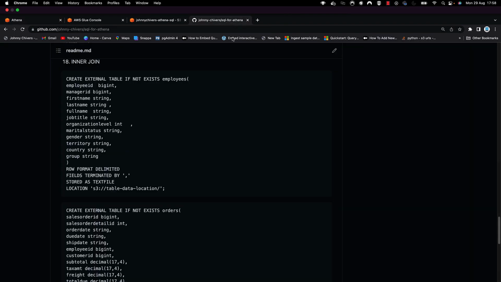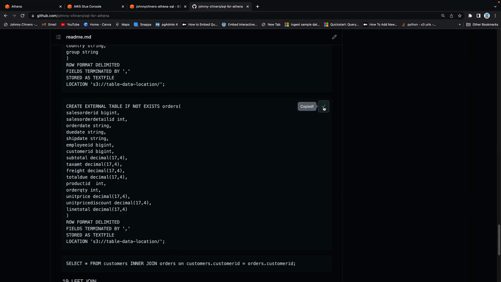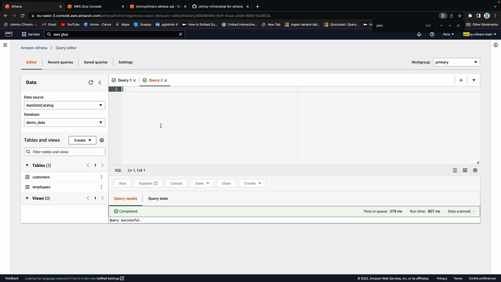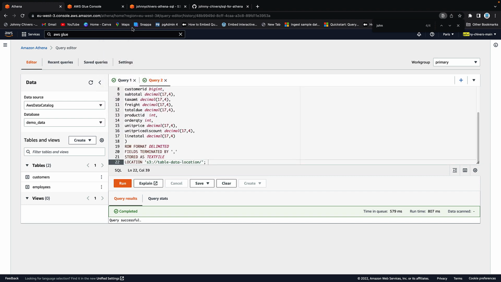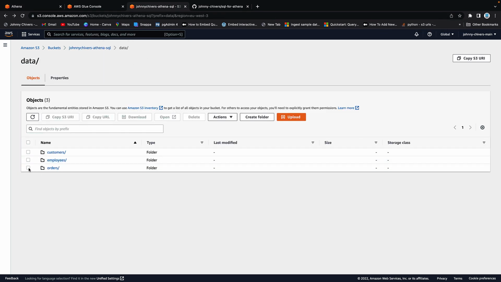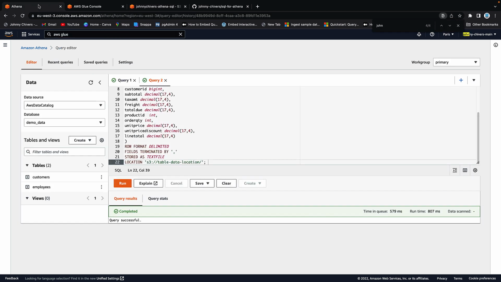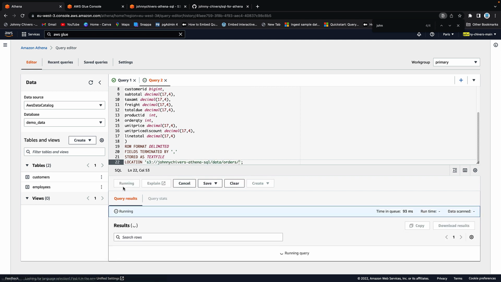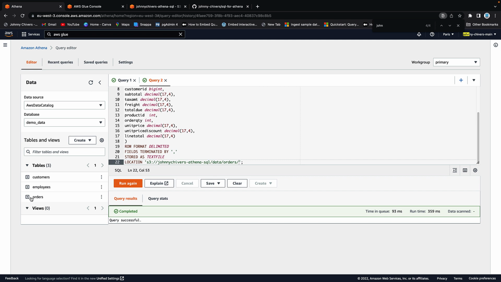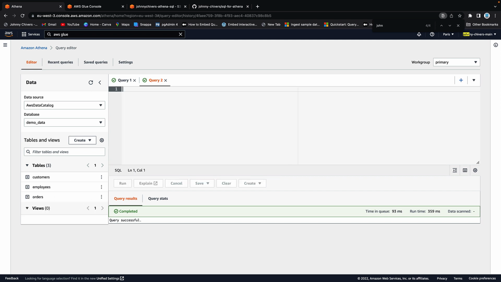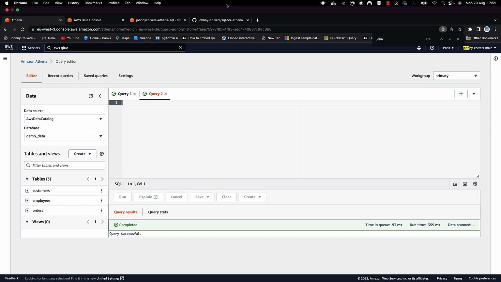Back onto the GitHub README, and we have an orders table. So you want to copy that orders table, paste it in, and again we need to change that data location. So that orders table is here under orders. Copy the URI, not the URL, same as before. And this time we're just not typing it all out. We're just going to replace that location at the bottom and run. And you'll see that we end up with an orders table in the glue data catalog down the left hand side. So I'm going to get rid of all that, and the next thing we're going to do is do